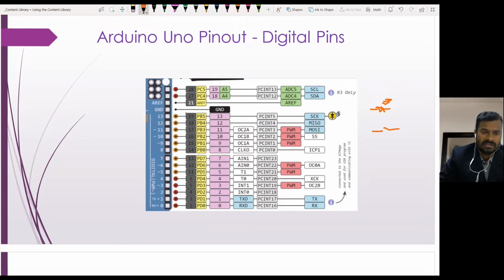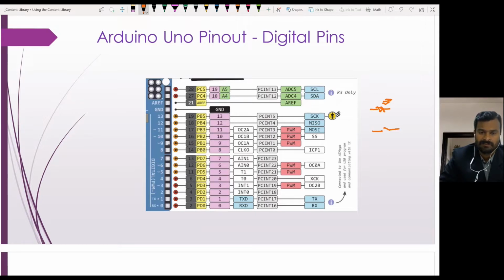Any kind of digital input and output can be connected, provided it should not take more than 15 milliamperes of current, which can be delivered by these individual pins. If the load requires more current, then we will put a relay or a transistor driver, and after the driver the particular load will be connected.